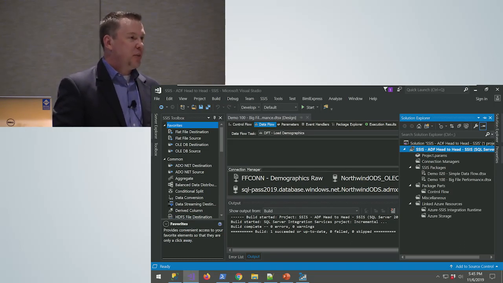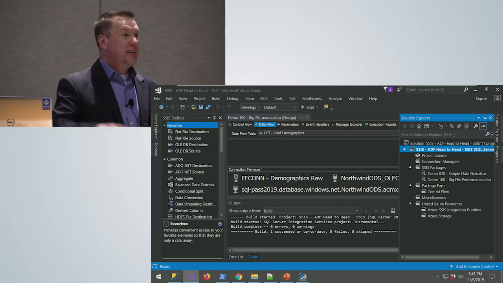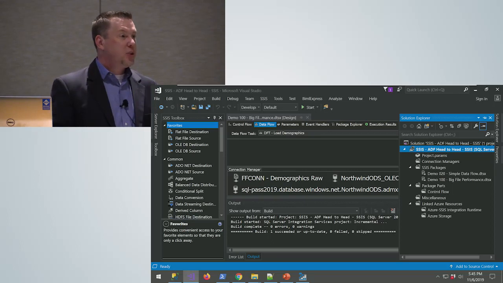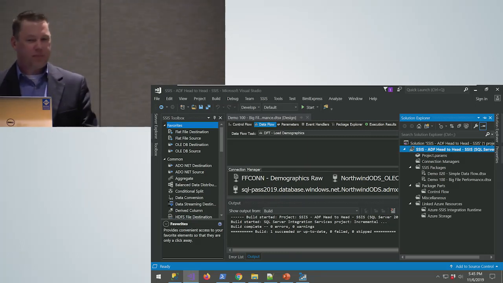So there is a custom task that you can implement, but it's not just a matter of writing C# or VB.NET script. It's actually spinning up a cluster in the back end to do that for you, and that requires an additional setup on its own. So the short answer is it can be done. It's not nearly as simple in ADF as it is in SQL Server Integration Services.